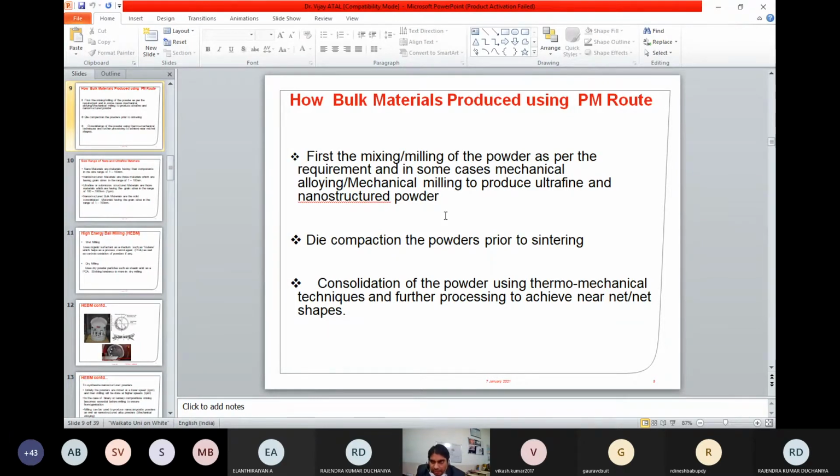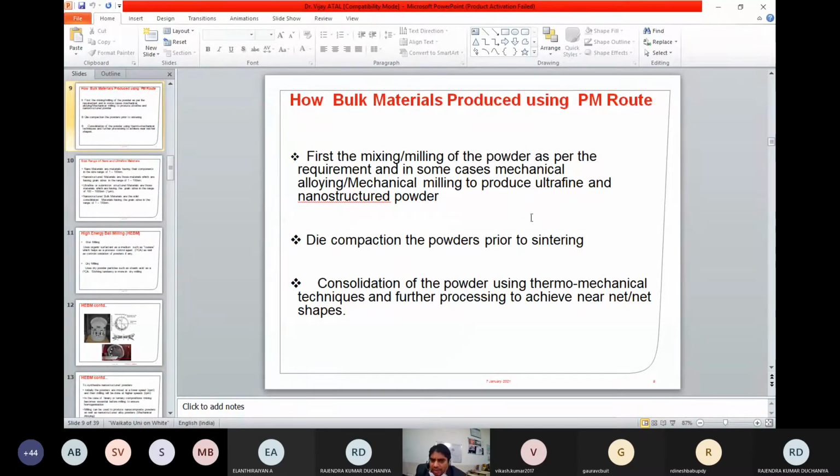mill it. I can do mechanical milling or mechanical alloying. In mechanical milling, I'll be using a slightly lower speed, lower RPM, and milling for some time. It will be a higher RPM, but as compared to mechanical alloying, it will be slightly lower for the same composition.